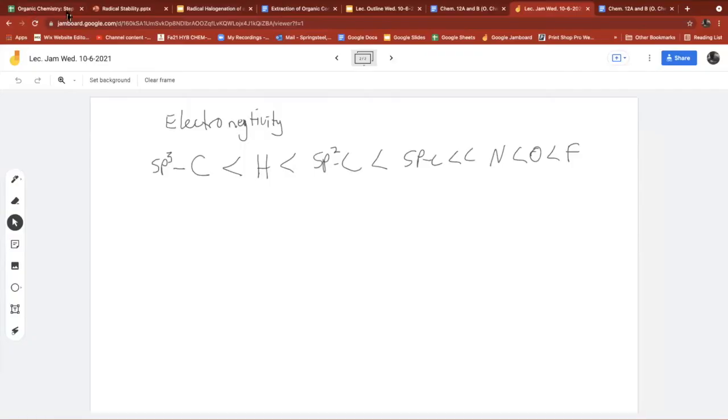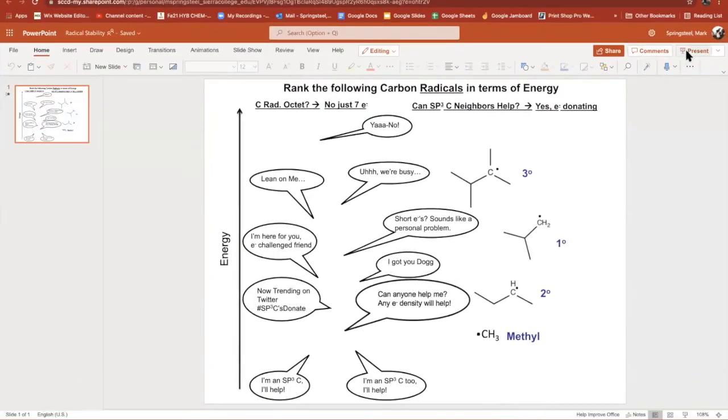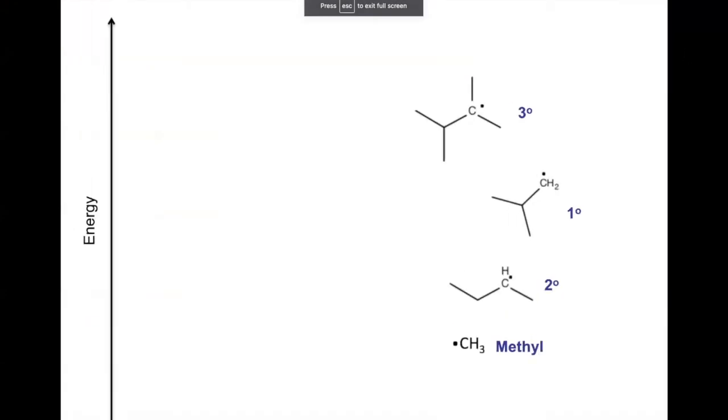Go back to this one, radical stability. So I've got some radicals here. I have the methyl radical because it's on just a methyl. I have a secondary radical because this carbon is secondary, it's got 2 carbons attached. This one, at first, sometimes people think it's tertiary because they focus on the middle one, but this is still a primary radical because the carbon that has the radical just has one other carbon attached. And this is obviously a tertiary radical because that carbon has 3.